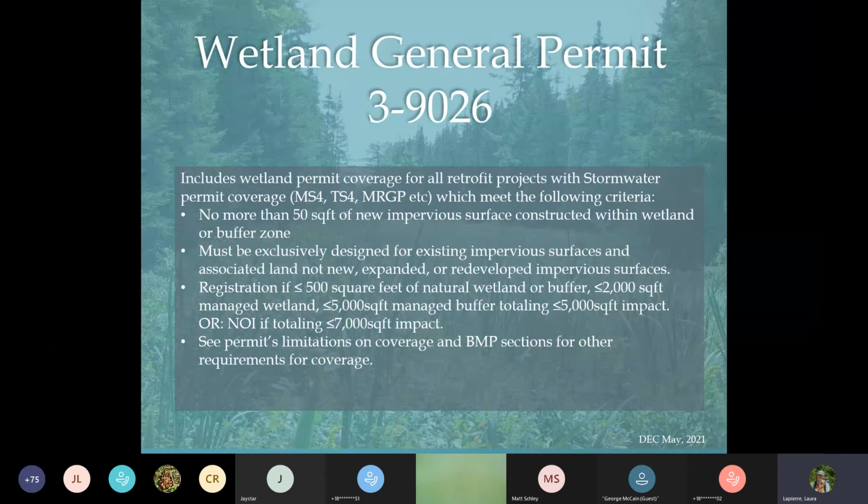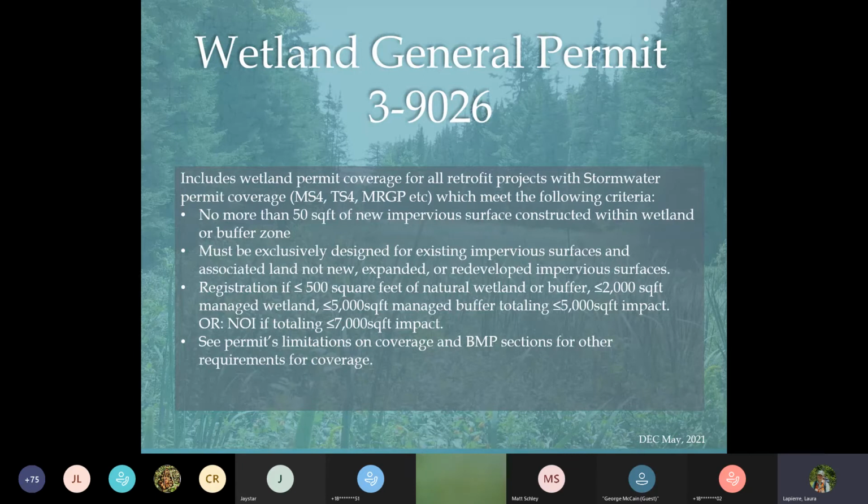Also important to note, a flow restoration plan may consist of multiple projects and shall not be considered a single project for the purpose of this general permit. So we're not saying the entire city of Burlington needs to fall under these impact thresholds. It's each retrofit site, the practices falling under these impact thresholds would be able to get coverage under this permit.